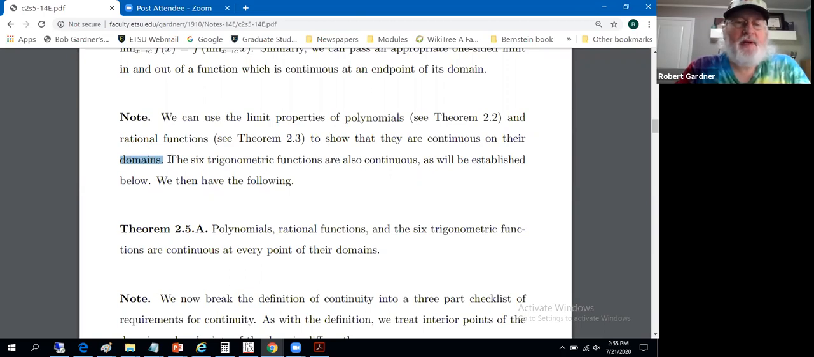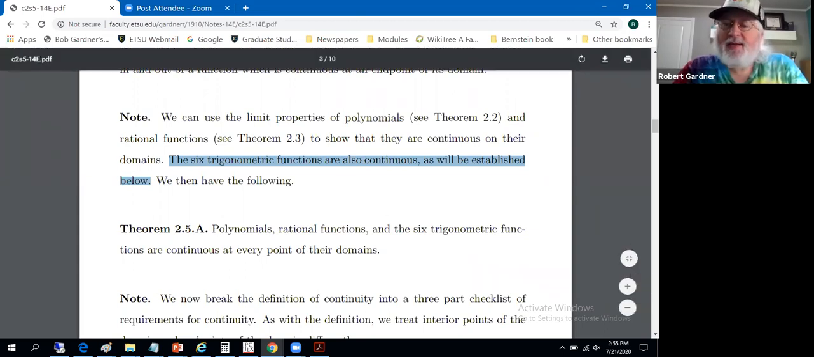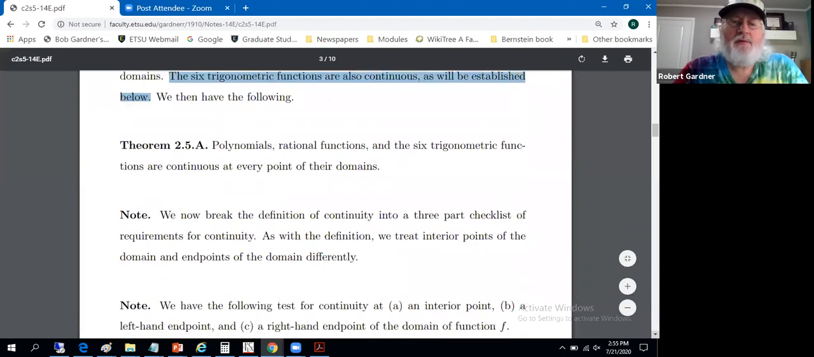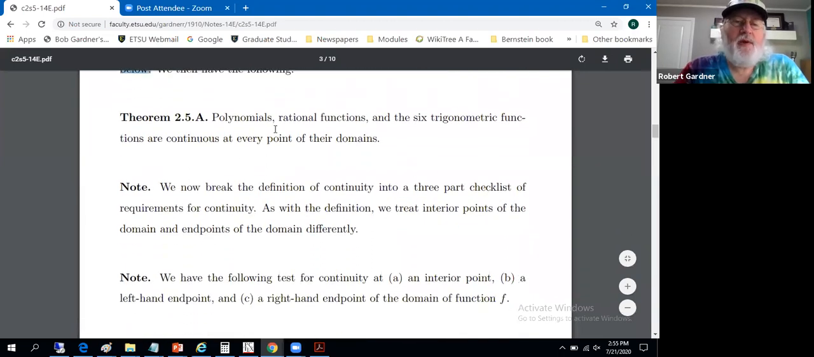Here's a little claim we'll deal with shortly. The 6 trig functions are also continuous, and we'll establish this below. Let's go ahead and give it a name. Right now, these claims about continuity, we're good on polynomials, we're good on rational functions, straightforward to show that. We're not so good on the trig functions just yet, but we'll get there. So let's go ahead and take this as given now, though I do owe you details. Make the claim in theorem 2.5.a that polynomials, rational functions, and the 6 trig functions are continuous at every point